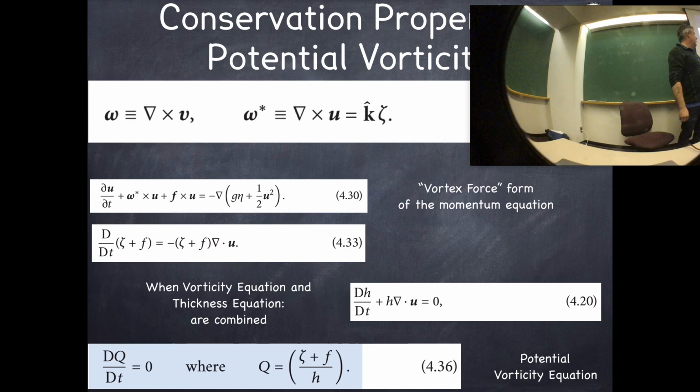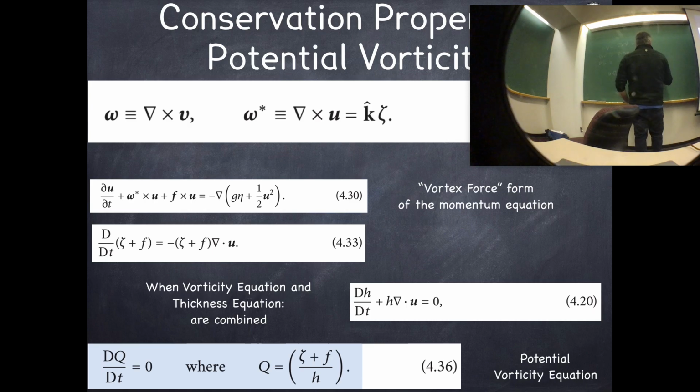So normally we rewrite the momentum equation first, before we take the curl, to take advantage of that. The key rewriting is that u dot grad u goes into omega star cross u minus the gradient of 1/2 u dot u. I write it as u dot u because it's important that it's a